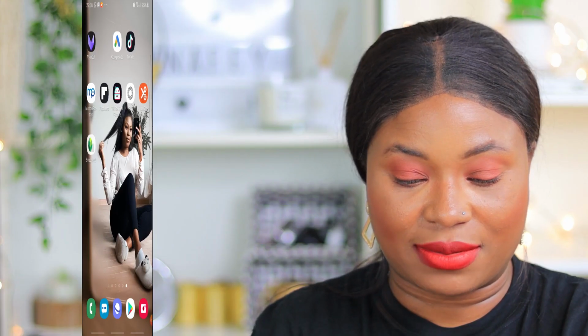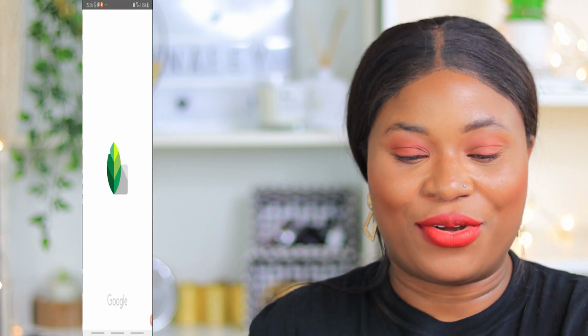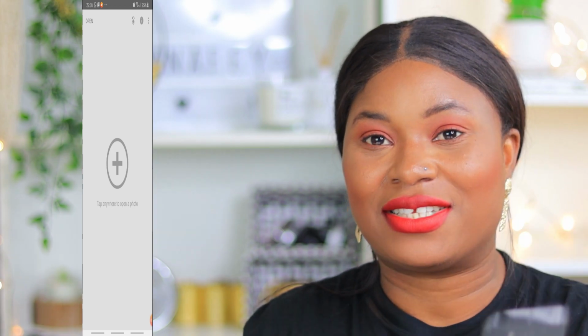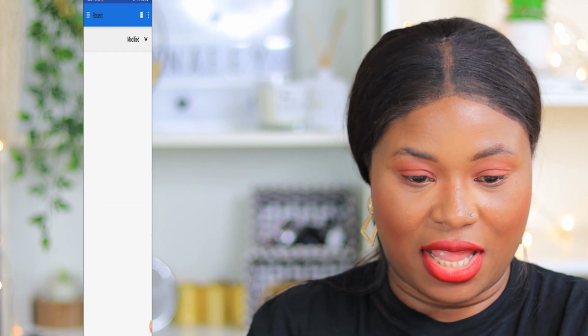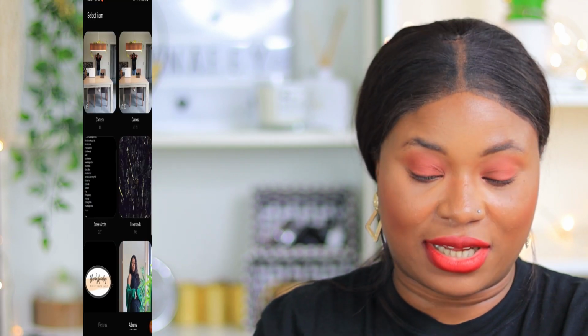I'm going to find where Snapseed is located, right here on my phone. So I already have my Snapseed. This is what we have at the moment. It's still going to be on my screen. The open or this plus sign, just click on it. When you click on it, you can go to recent, or you can, so I'm going to click on gallery